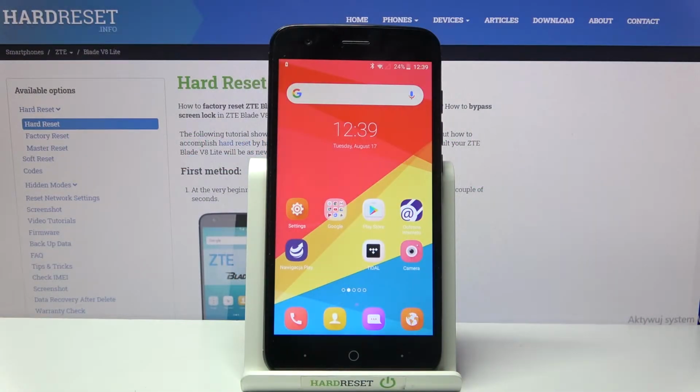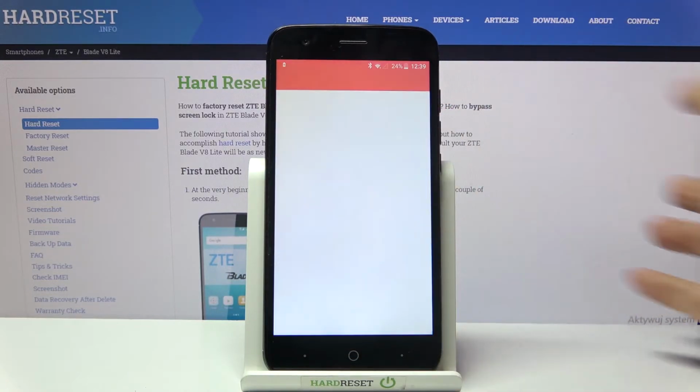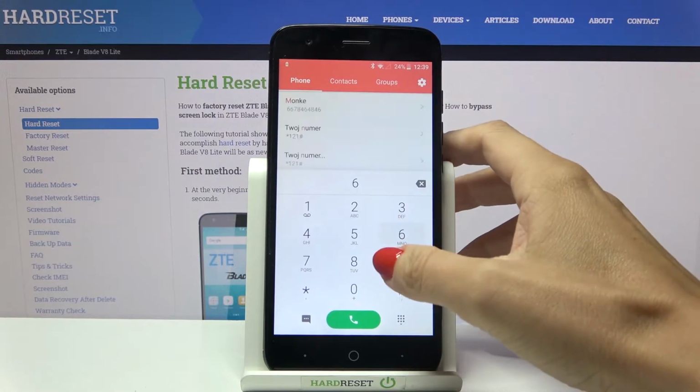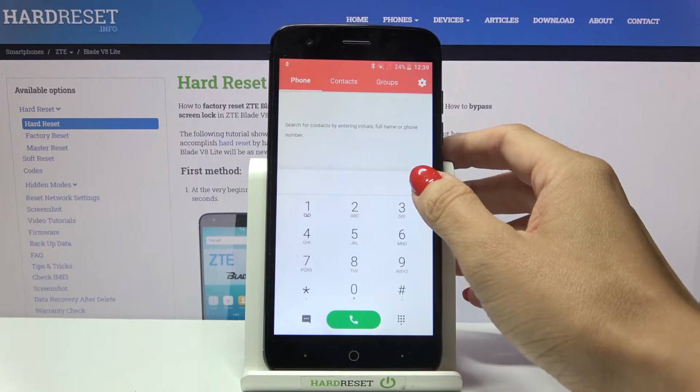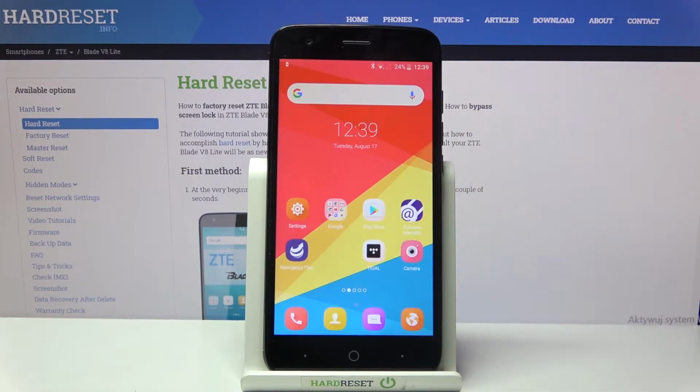In front of me is ZTE Blade V8 Lite, and let me show you how to activate or deactivate dial pad tones on this phone. So at first let's open your keypad. Here you can check if it's active or not. So currently we've got the tones on, and if you'd like to change it, all you need to do is